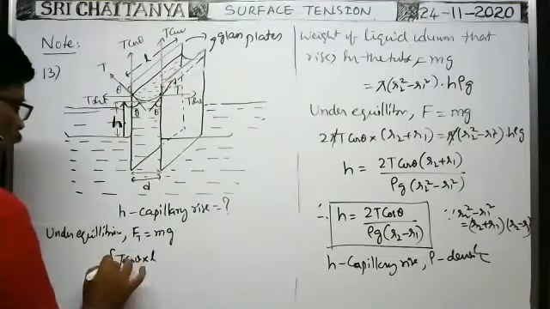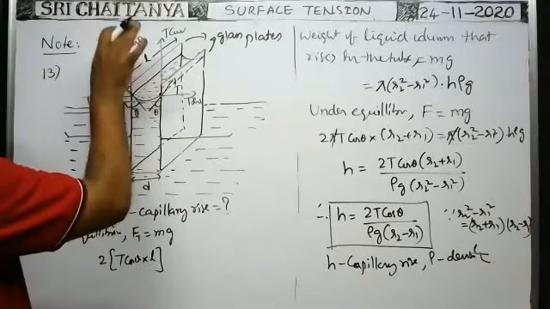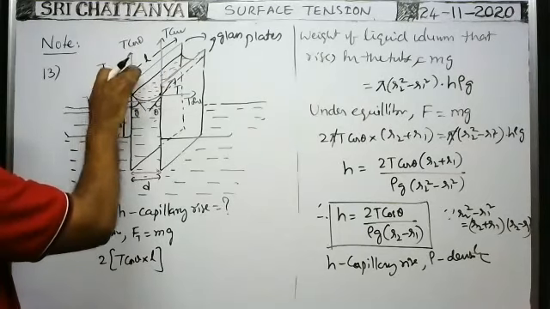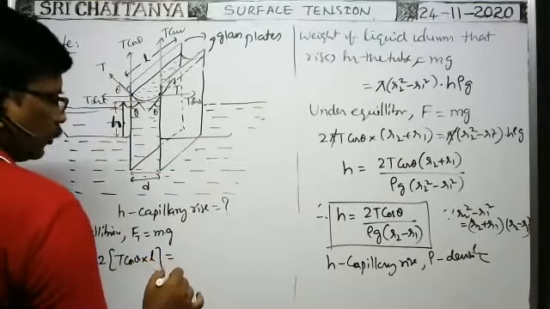So totally 2T cos theta into L is the force due to surface tension that acts on the meniscus, or on the surface of the liquid in the space between the two plates. That balances the weight of the liquid column that rises in the capillary tube. That is equal to